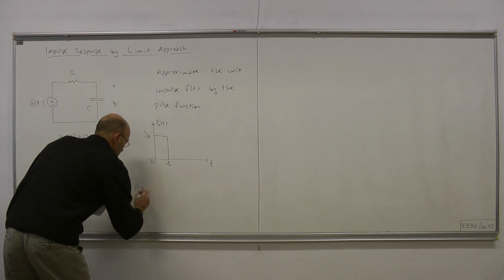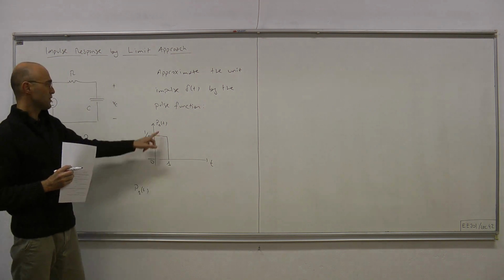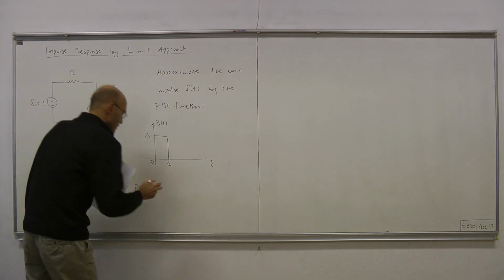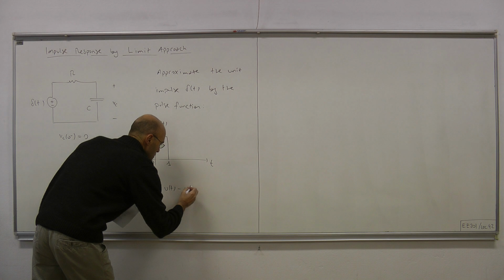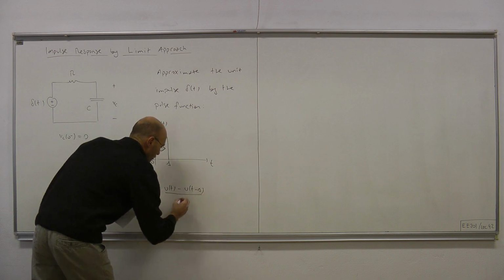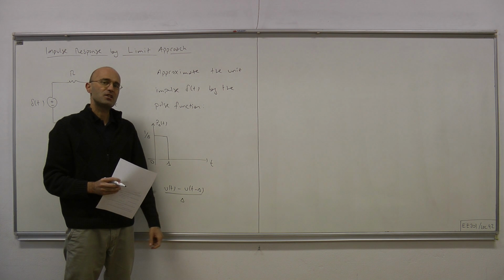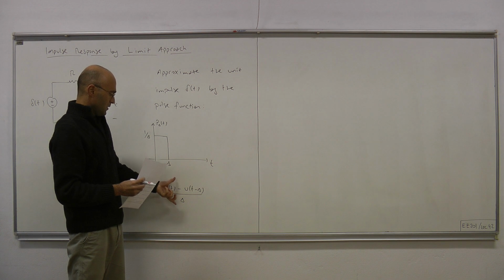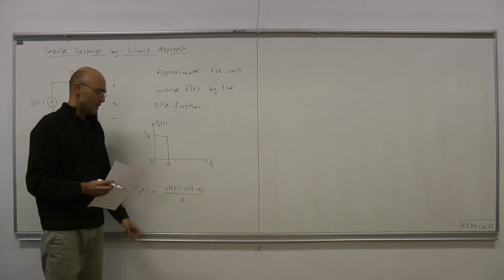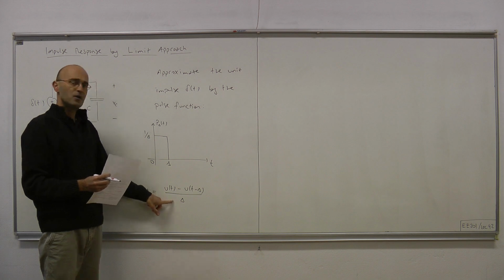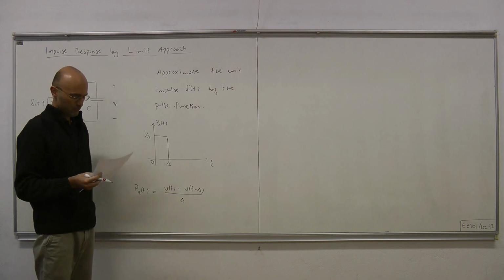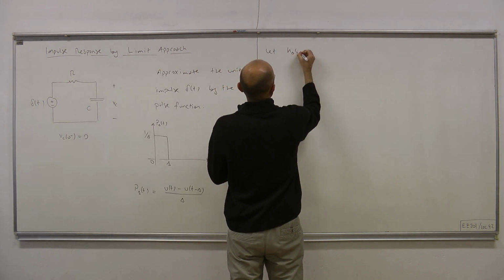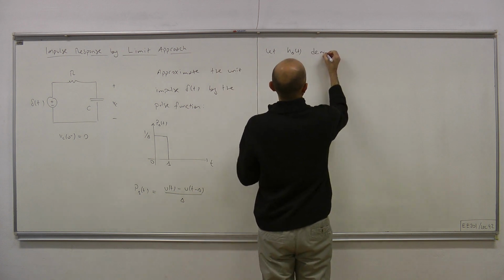So we can express this pulse function through the sum of two steps. Step functions: (u(t) minus u(t minus Δ)) over Δ. It's a step, and that's a delayed step. You take the difference, and then you scale the height with 1 over Δ, and at the end of this expression you obtain this pulse function. So let h_Δ(t) denote